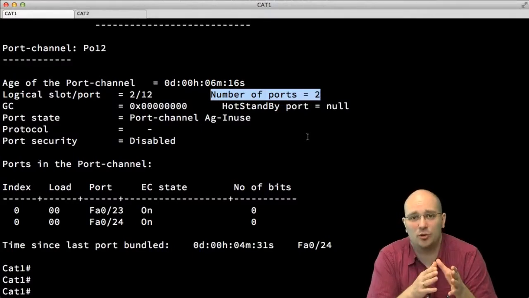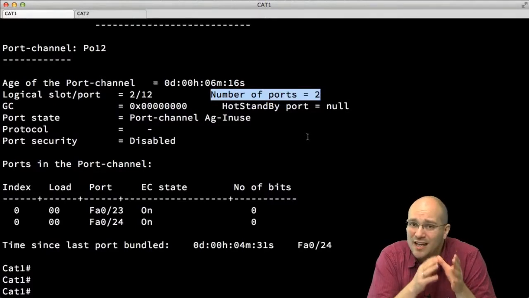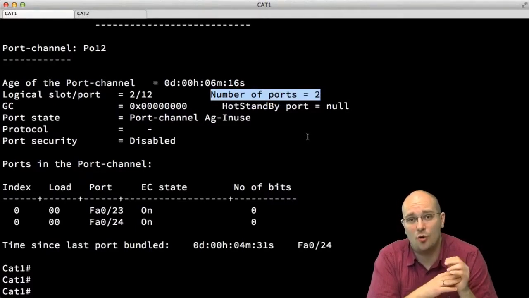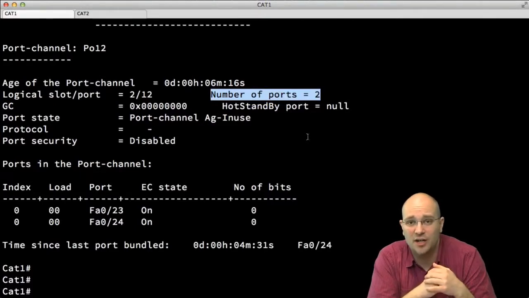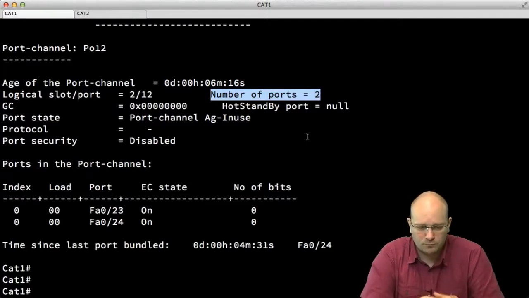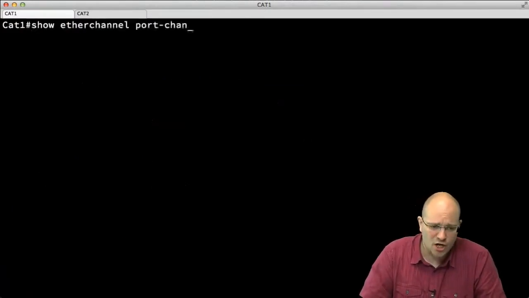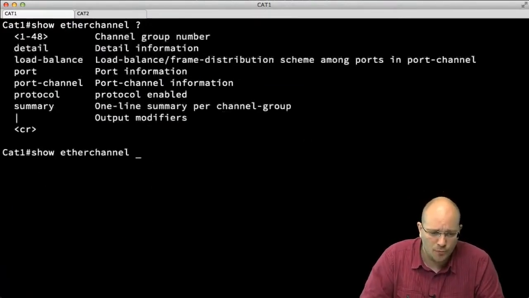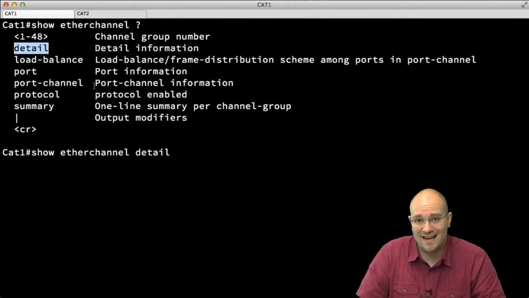You can do that on 6500 switch, but you cannot do that, unfortunately, on 3560 and other desktop switches. It's just a sad fact of life. But moving on, there is another command that can show you the output of these two commands combined, and this